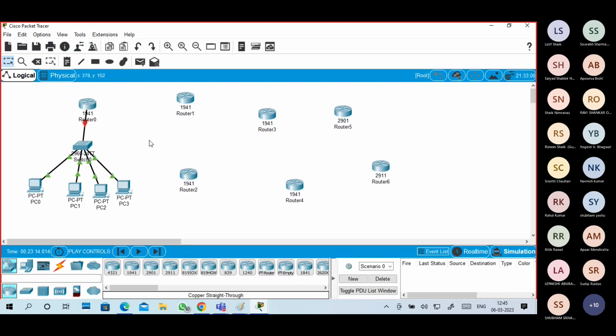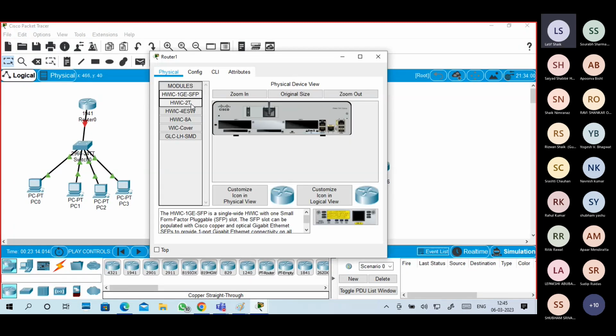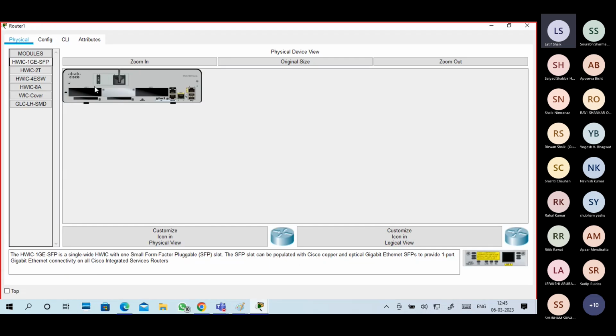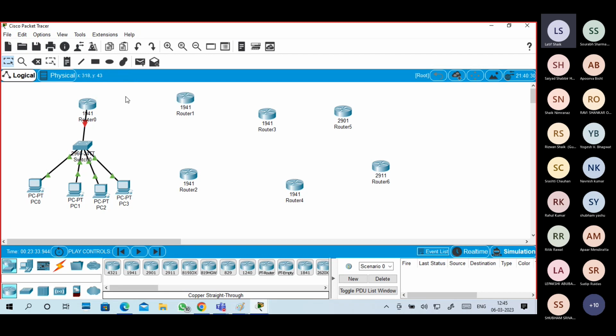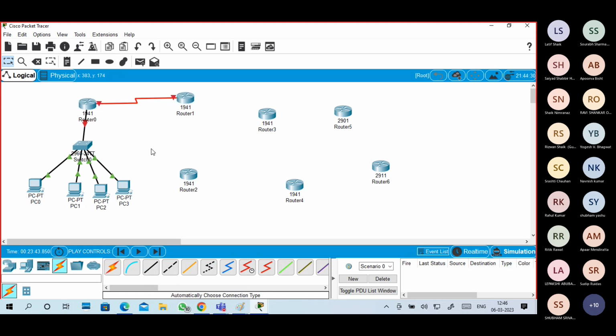For this one also WAN connectors are required. I am using this type of WAN connector, WAN interface cards for connecting WAN. Same way, these will also connect.